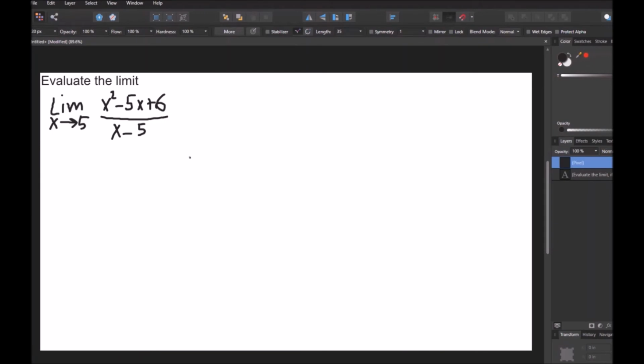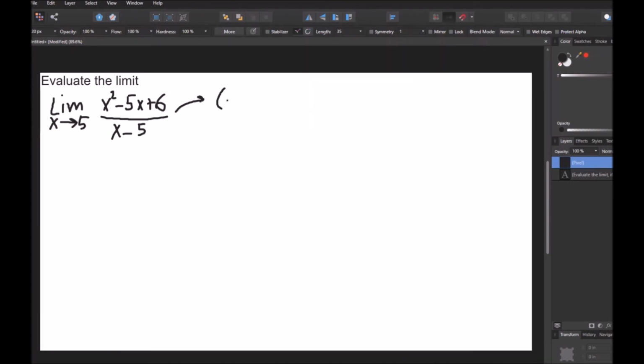Okay, so in this next problem we're asked to evaluate the limit as x approaches 5 of x squared minus 5x plus 6 over x minus 5. So we have a very similar problem to the last one, but we're going to get a very different answer. You'll notice that the numerator is still factorable like the last one, but when we factor it out, what we get is,